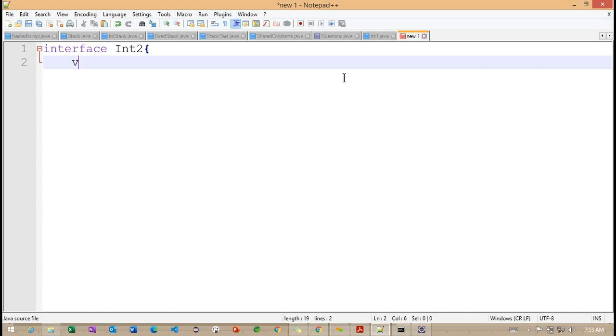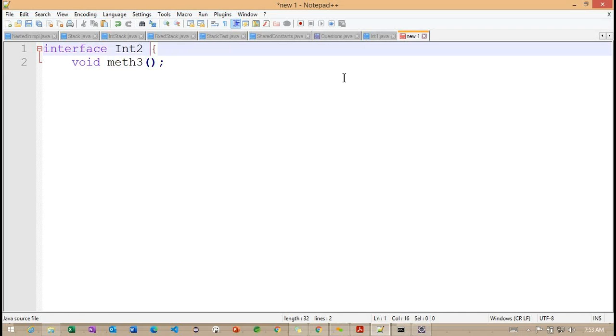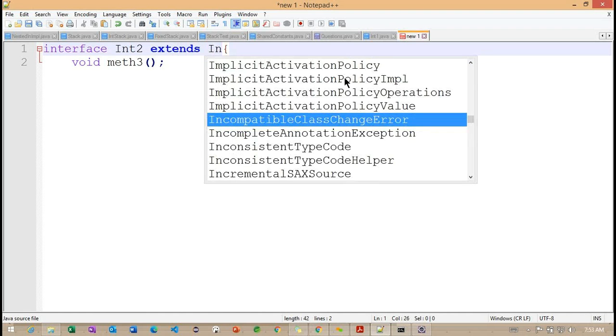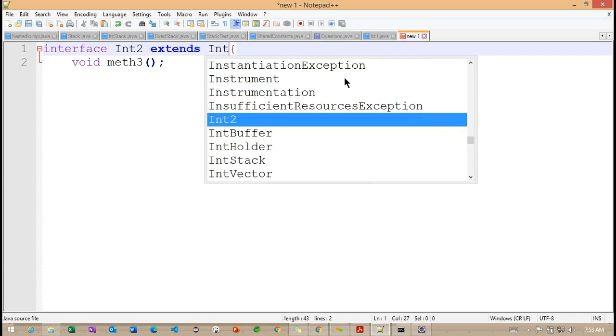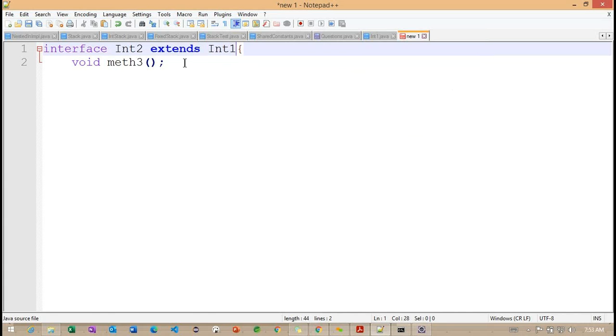int2. Getting the point. Here I want to specify method 3. But what we need to understand here is that this interface int2 is extending from the int1 interface.